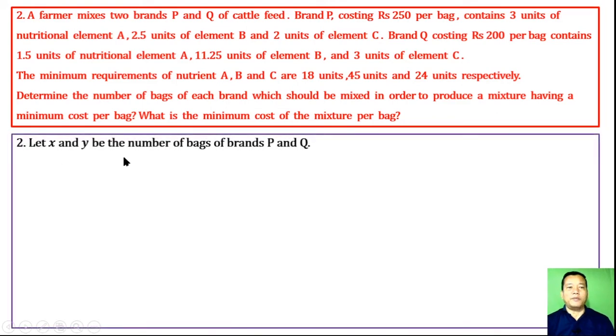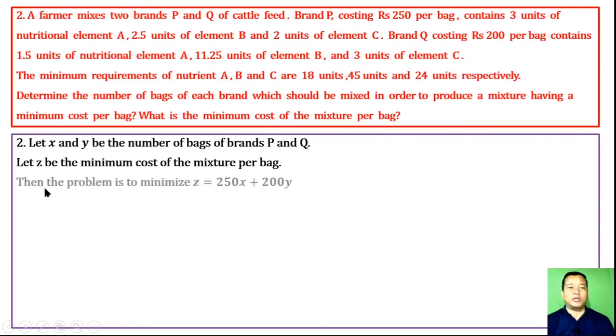Let X and Y be the number of bags of brands P and Q. Brands P amasung Q gi laigadaba bag masing adu mathang sina X amasung Y uhillasi. Let Z be the minimum cost of the mixer per bag. Z na mix toraba bag amagi khwaidagi yamdaba paisa duni haina laurasi. Then the problem is to minimize Z equal to bag masing duga makoi respective cost pricing aduga purinaraga sum up